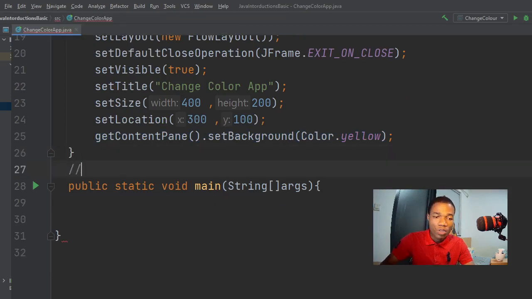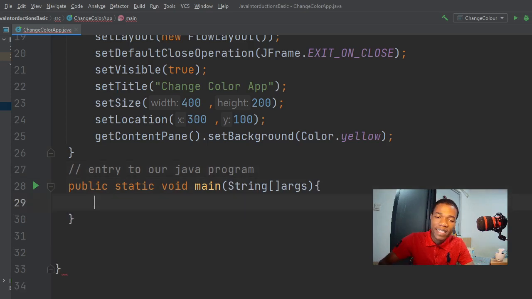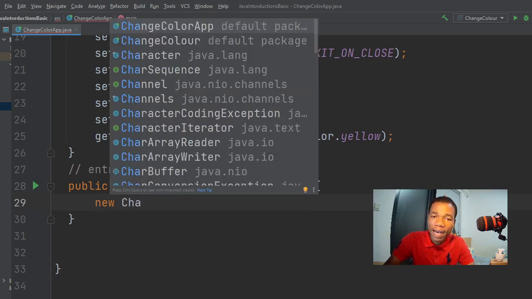Alright, the next thing we want to do is deal with our public static void main method. So let's say public, entry to our Java program. So this is the entry to our Java program, which is the public static void main method. Okay, so let's call our class in our public static void main method. We say new ChangeColorApp